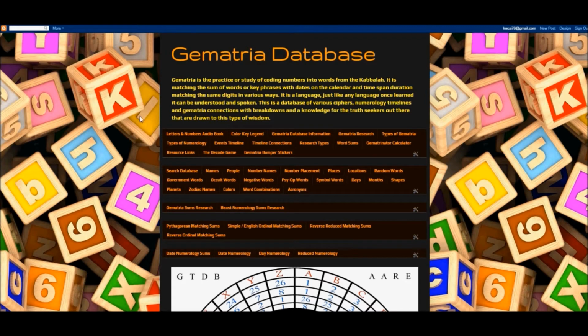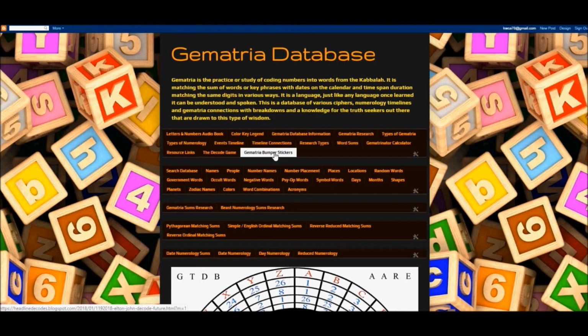So as you see, there's several places to go, and this is my navigation. So you have your top navigation right here, your secondary navigation here, and then these are extras. At the top you have the letters and numbers audiobook, color key legend, gematria database information, gematria research, types of gematria, types of numerology, events timeline, timeline connections, research types, word sums, Gematrinator calculator, resource links, the decode game,